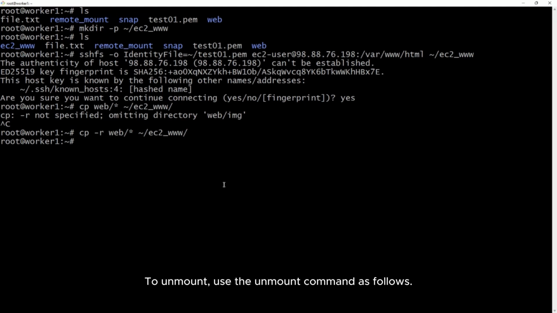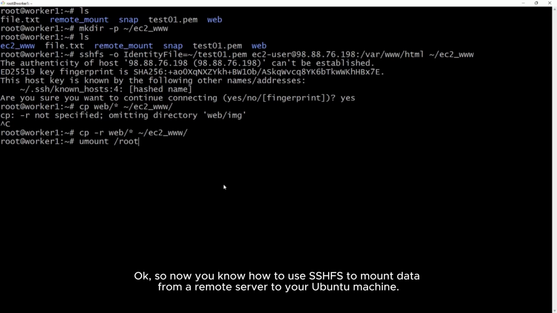To unmount, use the umount command as follows. Okay.